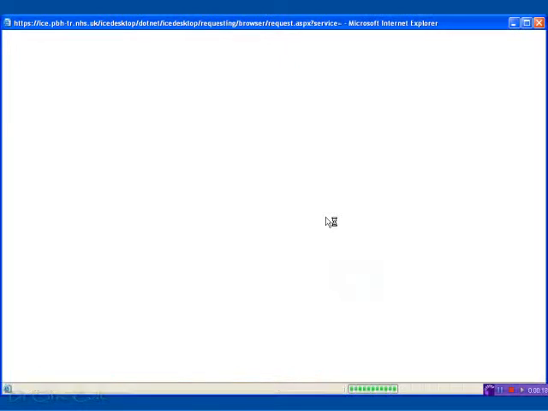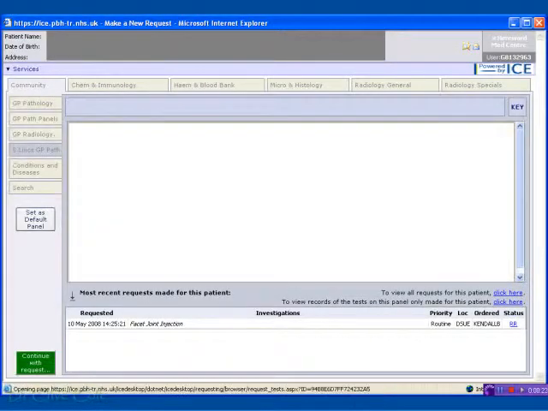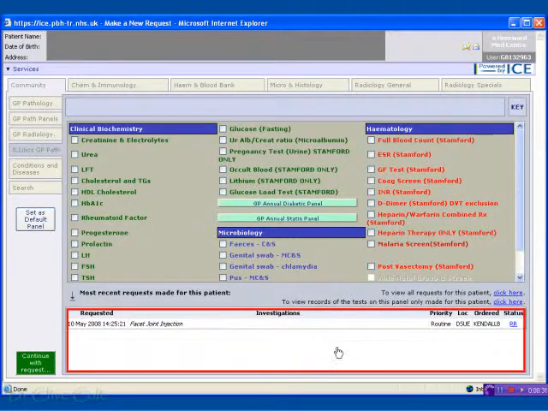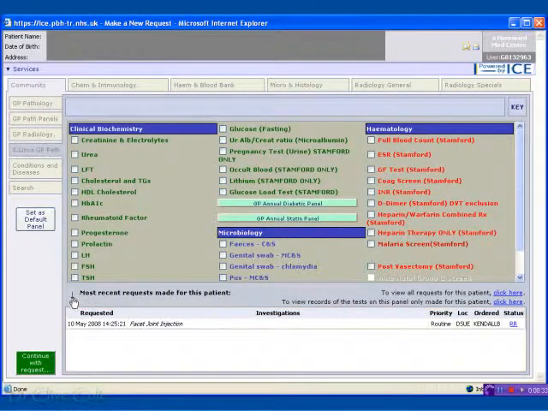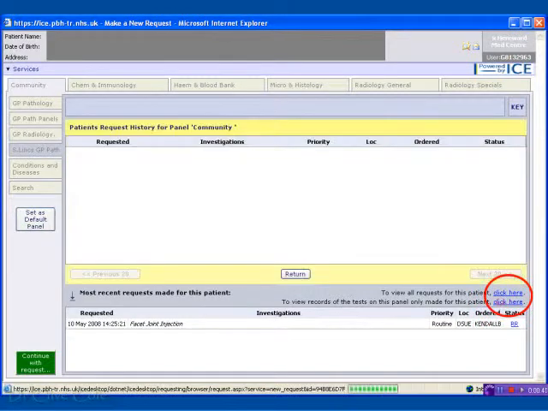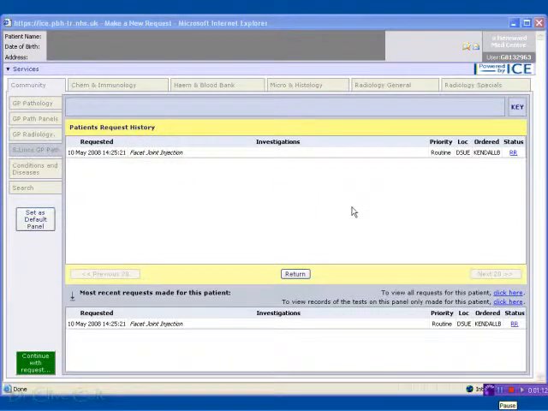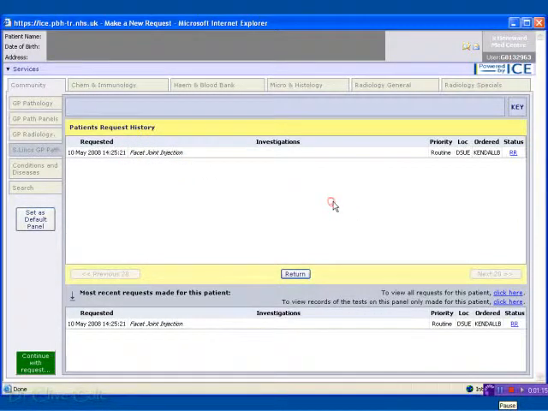If we go into requesting results on this patient, even though there's quite a lot in the EMIS record, we haven't requested any tests through this online system from the practice, and so nothing is actually appearing. If you see at the bottom of the screen here, we can make that disappear if you want to, or we can look at all patient requests. There we go. The only thing that's coming up here is a facet joint injection, which was done at the hospital. So if I just exit out of this,